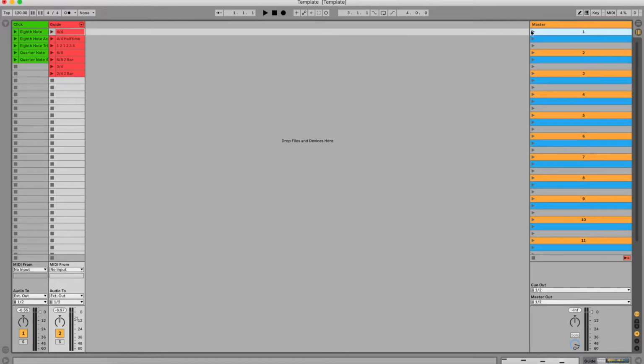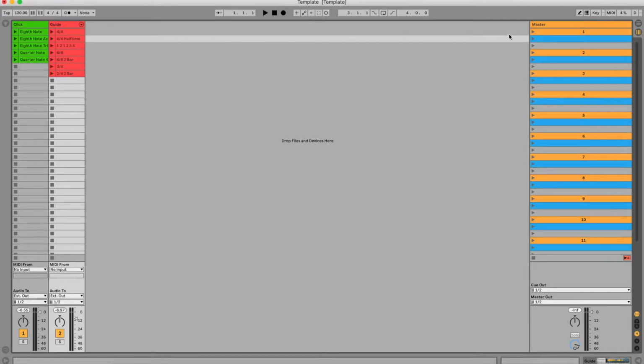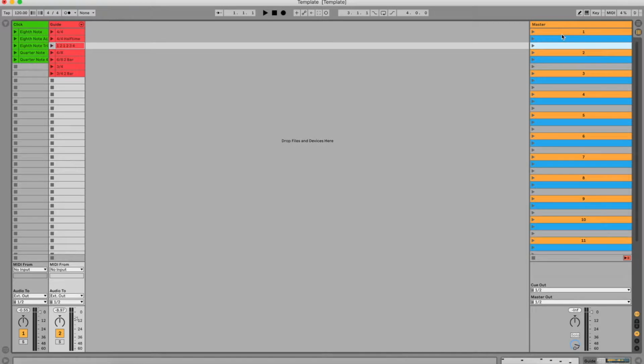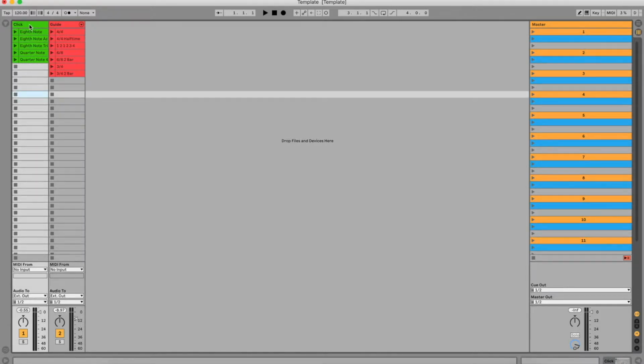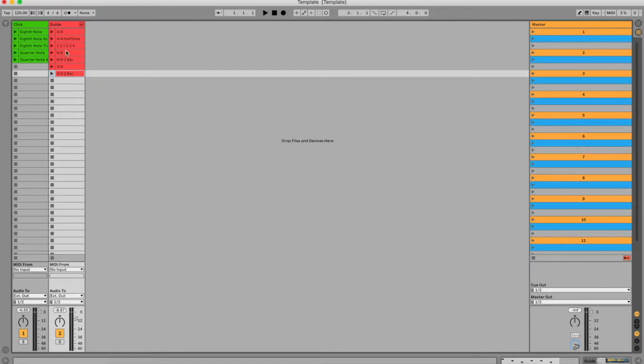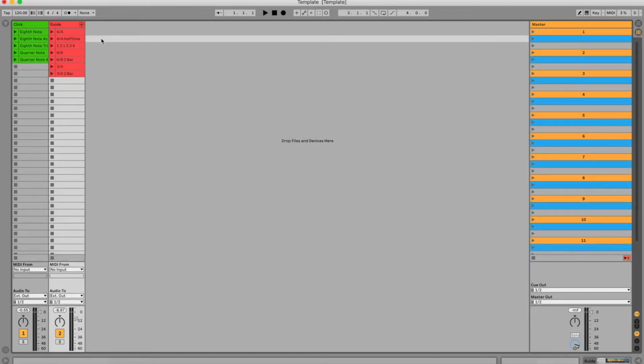So I found over my time using Ableton, it's just way nicer to be very organized, and it's just aesthetically pleasing, and it's easier to make your way around it, especially if it's during a live show. And then all these green clips are click, and these red clips are guide. So that being said,